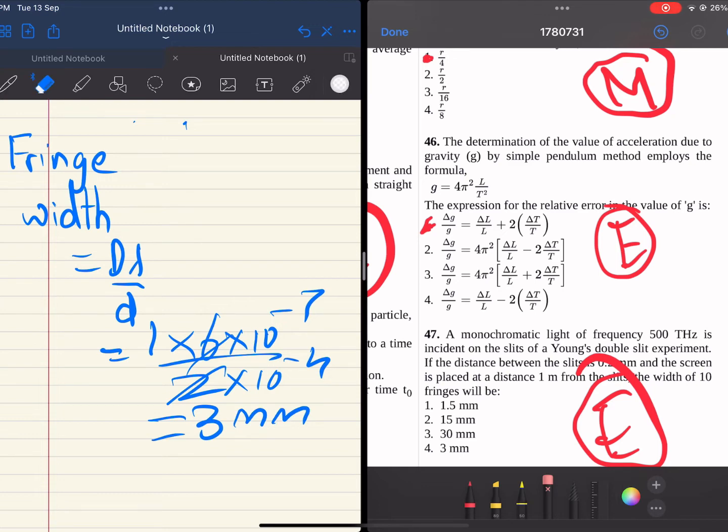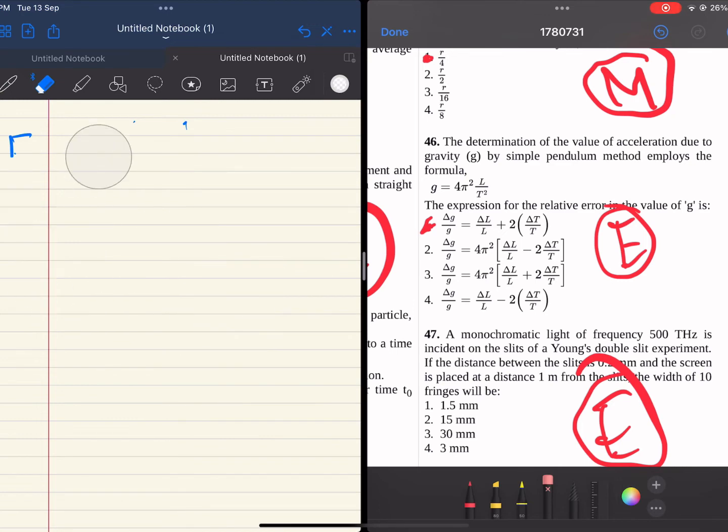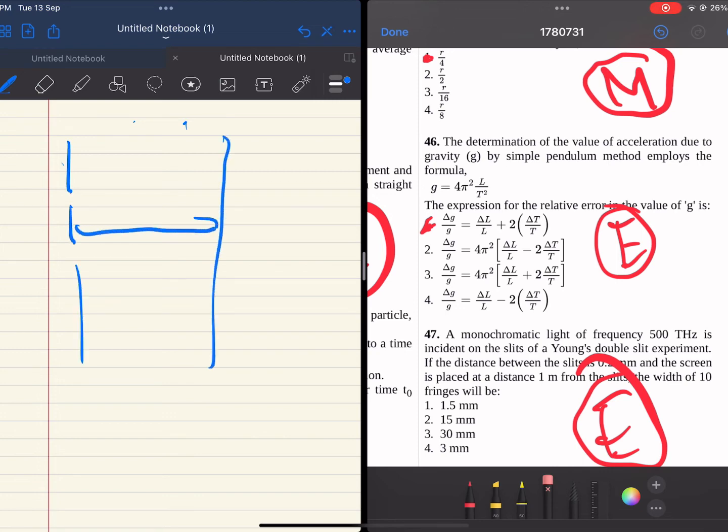Now the diagram of this question, let me explain. The diagram of Young's double slit experiment is somewhat like this. This is the distance between the screen, which is 1 meter. This is the width. This is the distance between the slits. This is the width of the slits, which we do not need to know, but we know